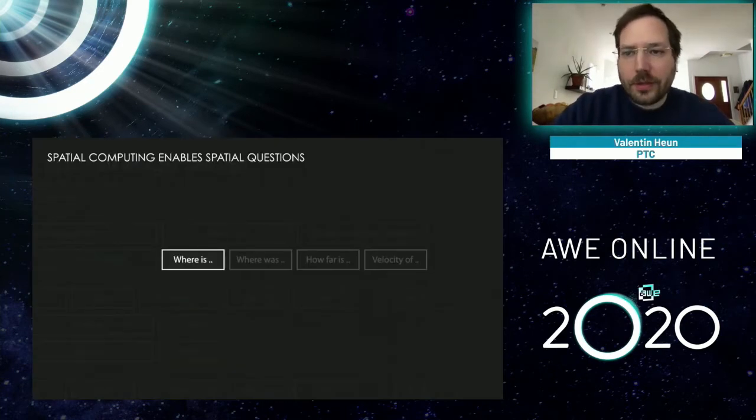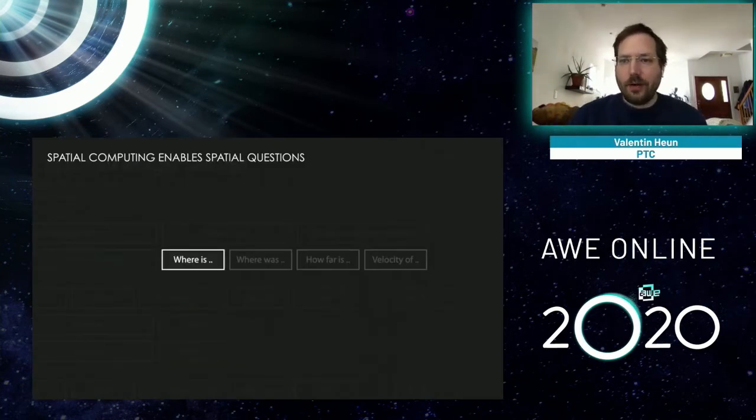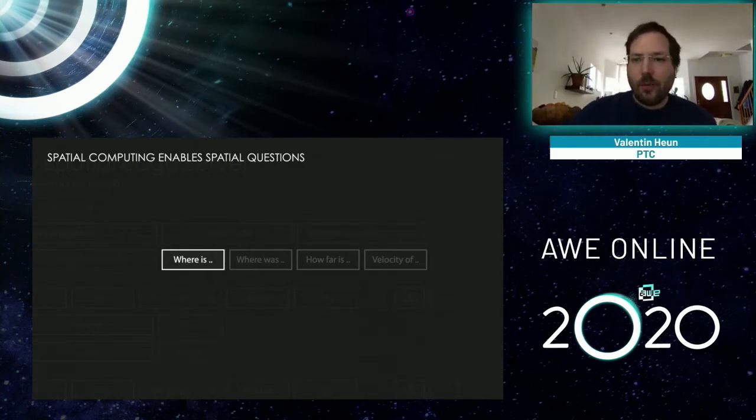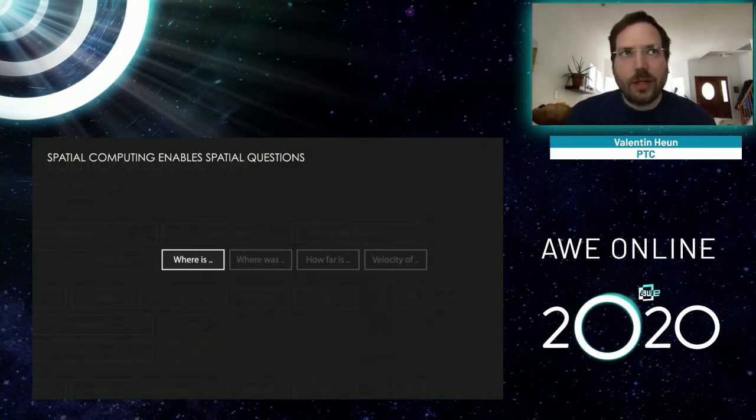At the core of spatial computing are now very simple questions that before were very hard to answer when you write software. But from a spatial computing perspective, these questions are at the core. Where is something? Where was something over time? How did it move? So that I can actually use the historic motion as a means to program against it.